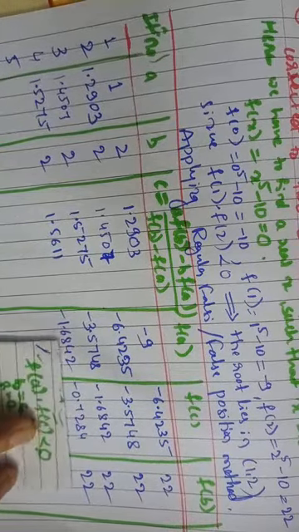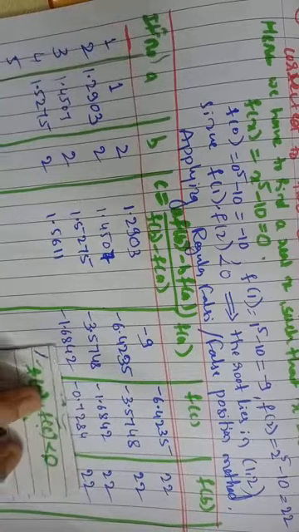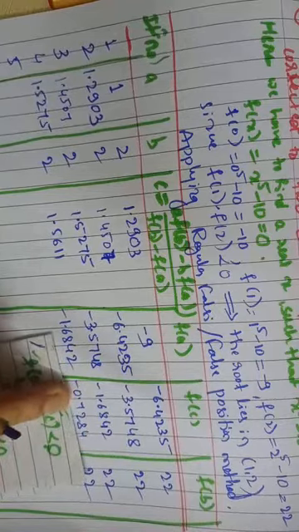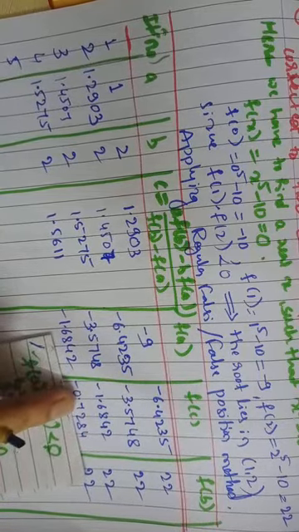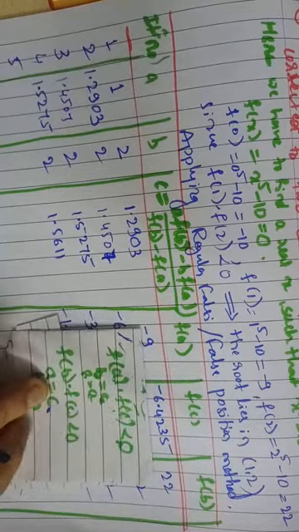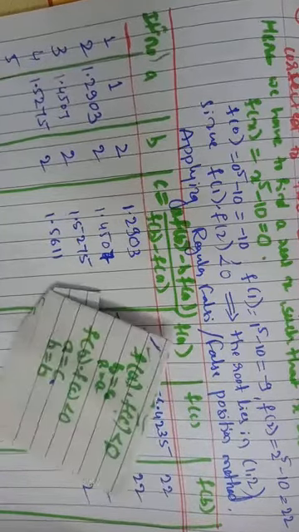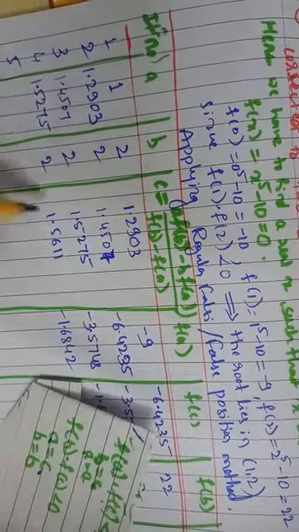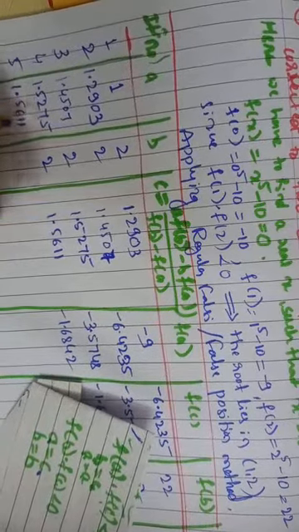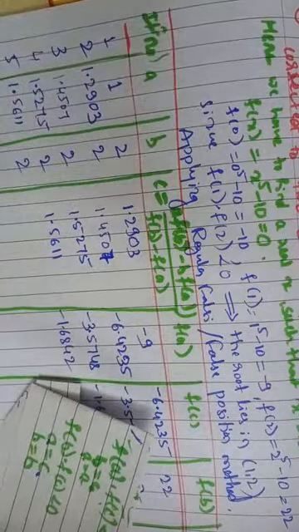Now again here check f of a and f of c, multiply. One is negative, another is negative, both are negative. If you multiply, you will get a positive value here. So again this condition fails. So what we have to do, change a with c and keep b as it is. This a with c we have to change, 1.5611. Again this b remains as it is, as a 2 only.